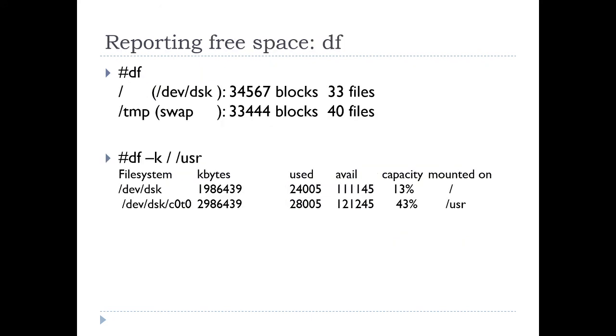The first example here shows that just issuing the df command will display the details about the root directory and the subdirectories in the root directory. It gives a summarized report of the number of blocks and the files available in that free space. The second example, df followed by the -k option followed by two directories, that is the root directory and the user under the root directory, gives the detailed report of the used disk space and the available free space and the mounted on file system in detail. Thank you.